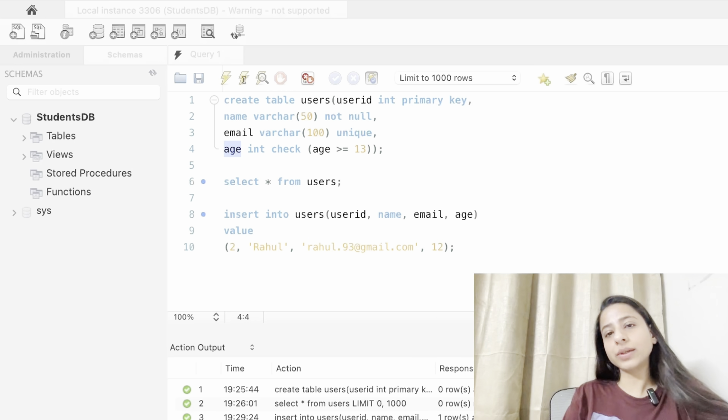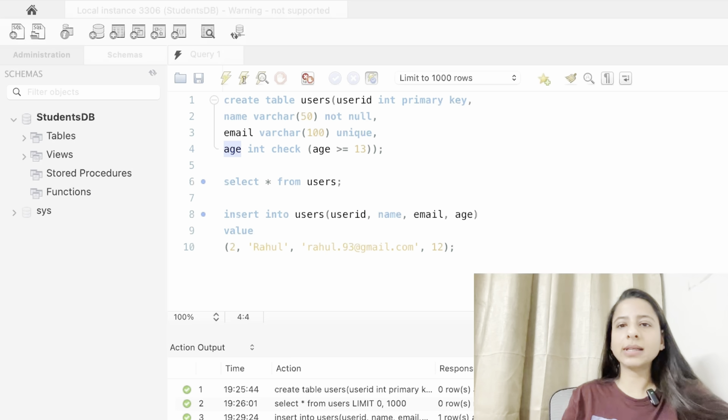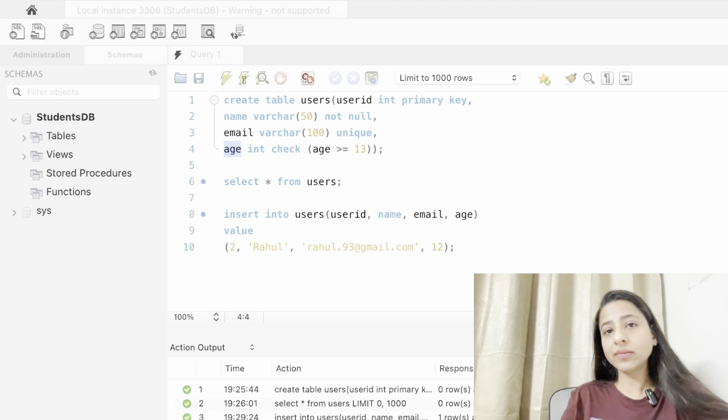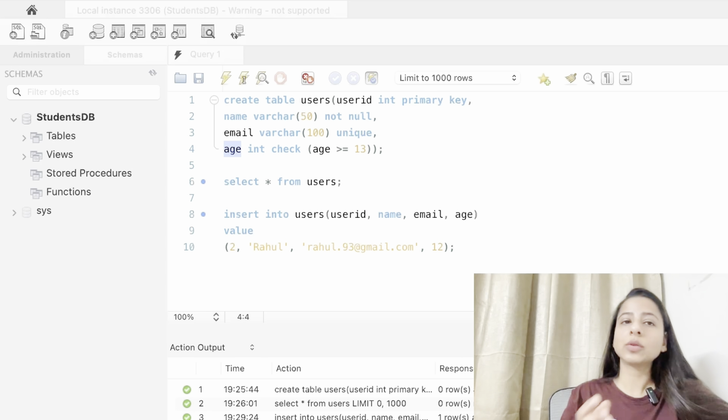Lastly, skipping constraints. You might think that you will skip adding not null or check constraints for now and do it later, but trust me, you will forget it. And that's when messy data creeps in. Say for example, without a check on age, someone might insert -5 or 200 by mistake. It's not just unrealistic, it could break your business logic as well. So think of constraints as your table's safety guard. They keep your data healthy, clean, and trustworthy.